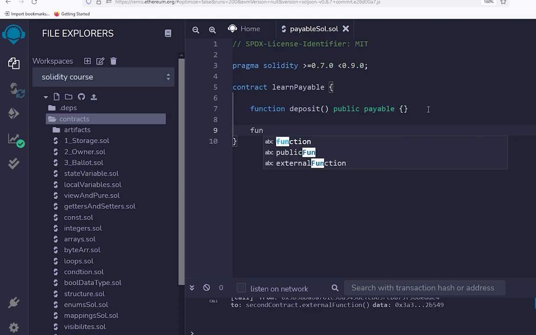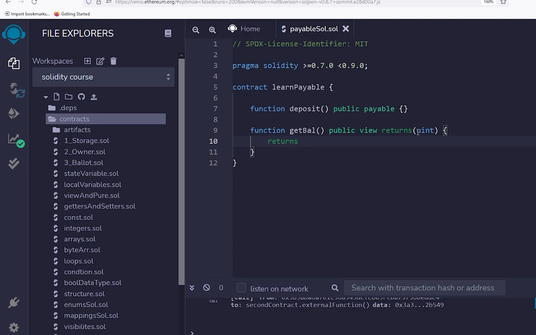Now we will create a function to get the balance, getBal, and this will be public view, because we are not making any changes in the state variable. So this will be view, and returns uint, because the ether will be of uint type. The thing we are doing in here will be a little bit different. To get the balance of our contract, we will simply have to do address, and address is a special data type